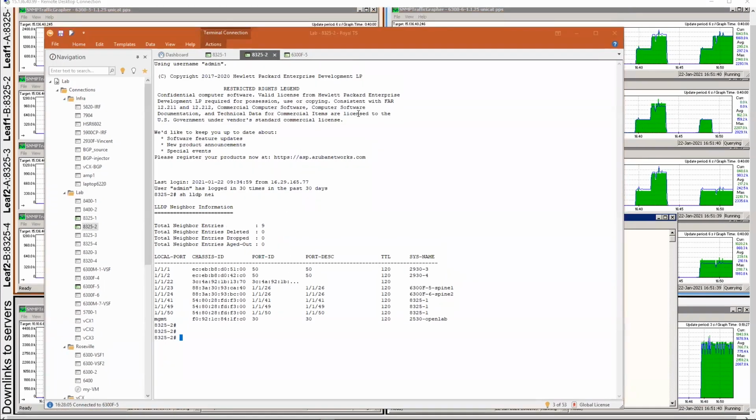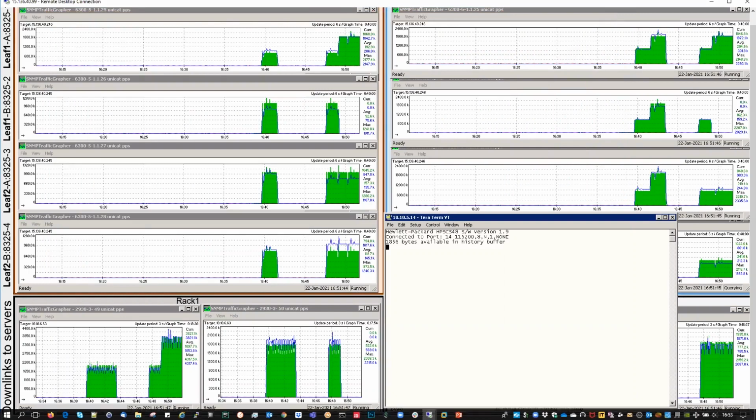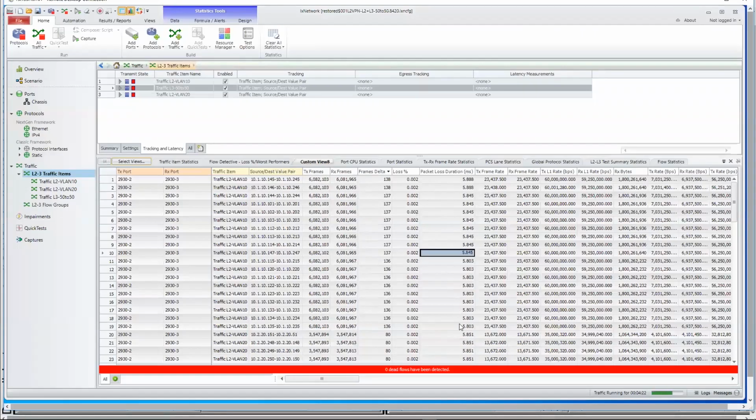And while we wait for that, let's take a look at the window and check what happened on the Ixia when the switch is restarting. We should not have any further packet loss because we already have a graceful shutdown that was draining traffic completely out of the VSX secondary before it's rebooting.